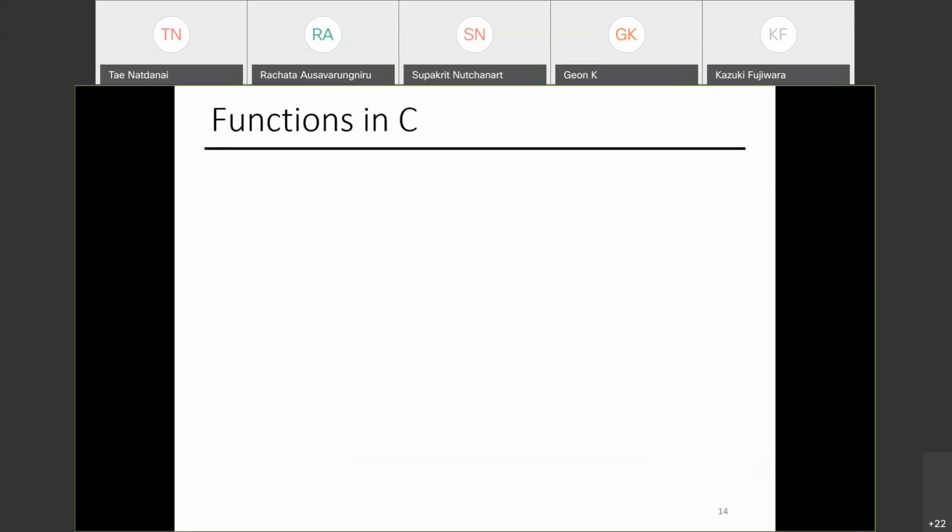Now that we've talked about pros and cons, let's go deeper. How do you declare a function in C? Every single program starts with a function. A function defines what you do with the program, right? Similar to Java, each function has a return value.